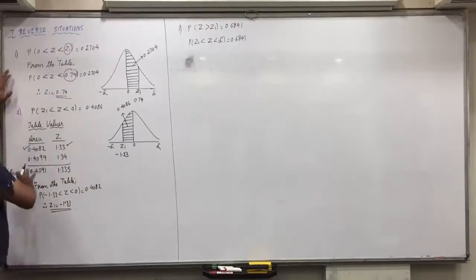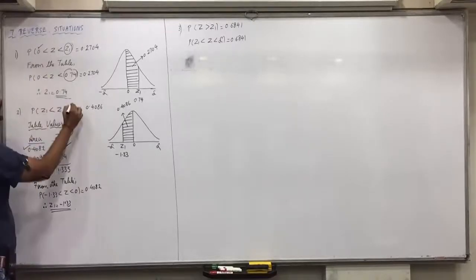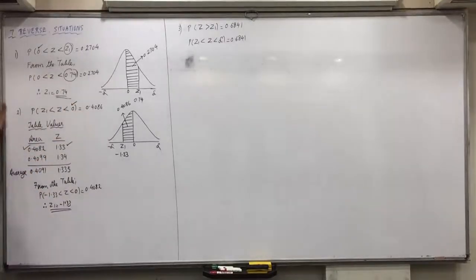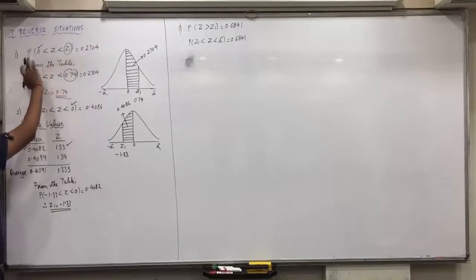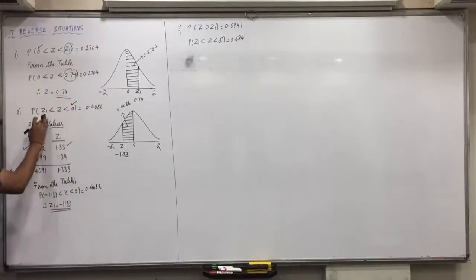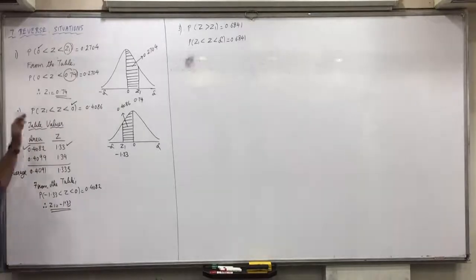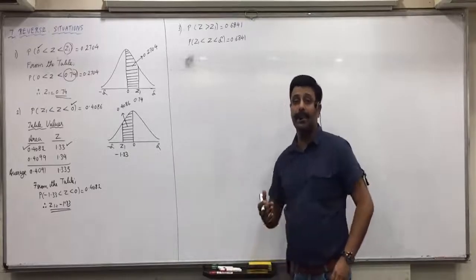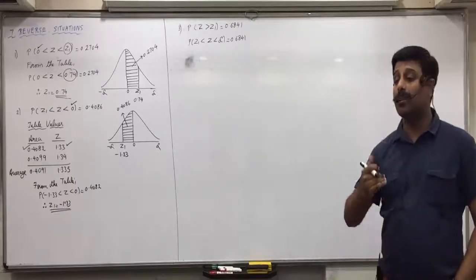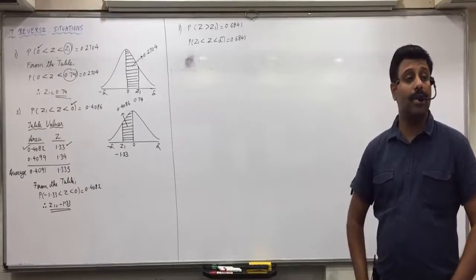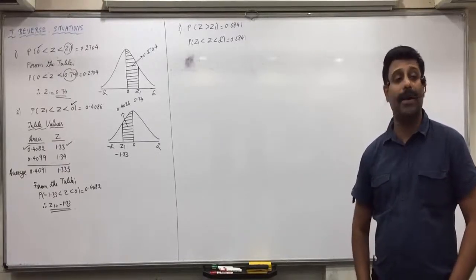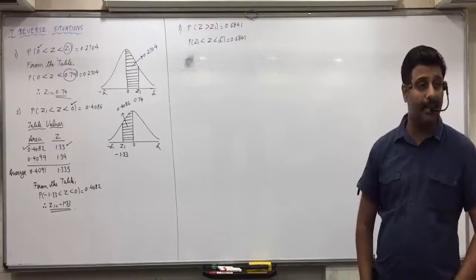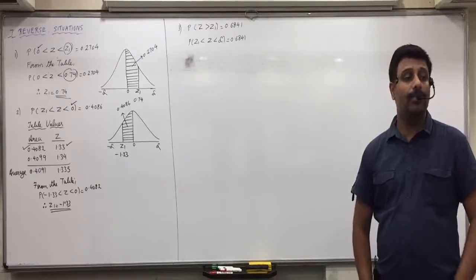Now, here in these two questions, because 0 was given, it was very easy to decide whether Z1 should come on the right side or on the left side. Now here Z1 is more than 0, so it comes on the right side. Here Z1 is less than 0, so it comes on the left side. Here 0 is not given, so it's difficult to decide whether Z1 should come on the right side or left side. If your logical reasoning is very strong and you are directly able to decide, then you can make one diagram directly, which I can do.